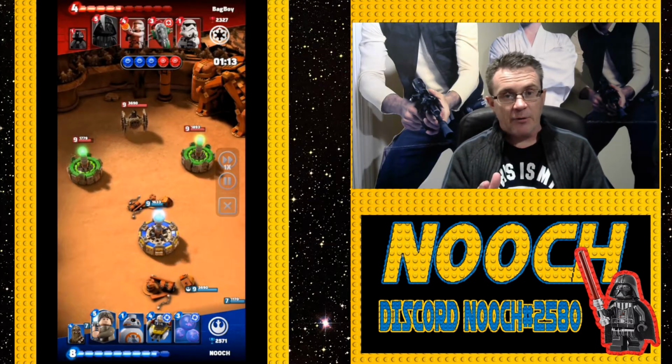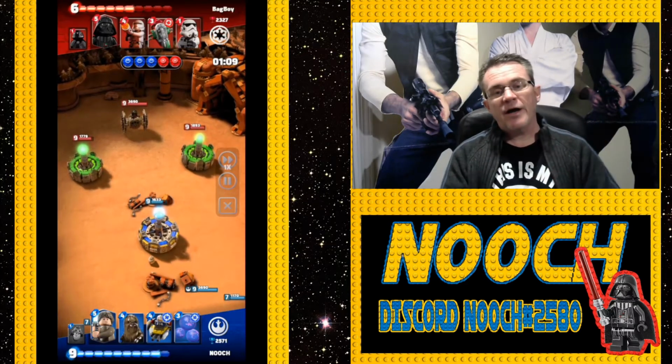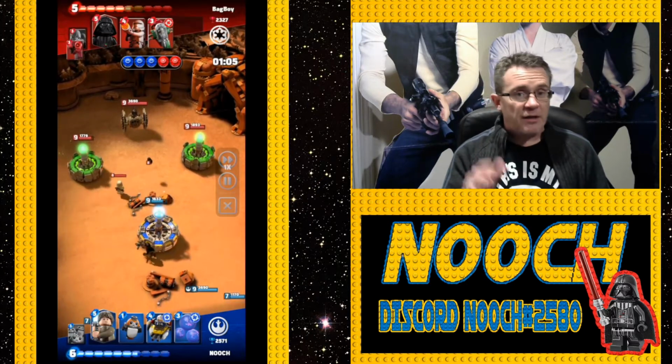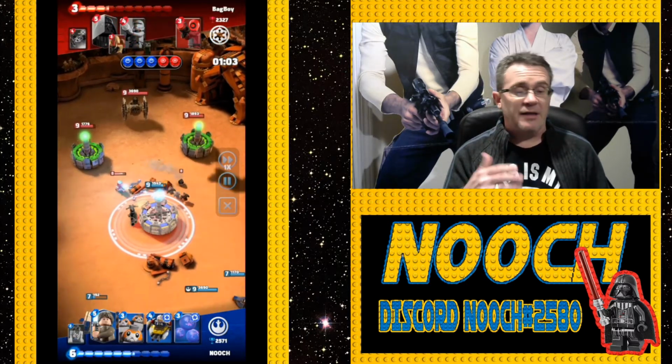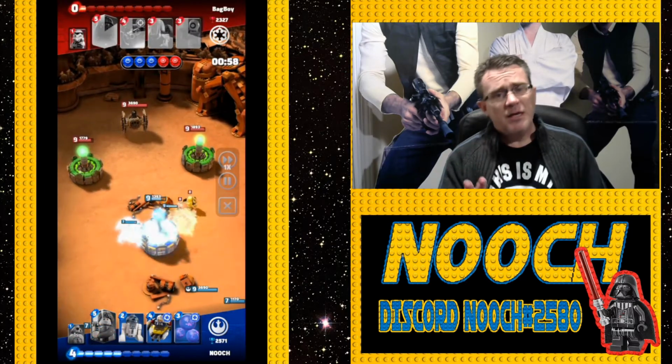Get the middle tower, let them both lock onto that middle tower, and then go after them. Otherwise, if you drop Ewoks or Porgs in those towers, even from close up, they're going to lock on them and hit them on their way in. Although close up is a little bit more, the Porgs will probably make it in because they'll get to the